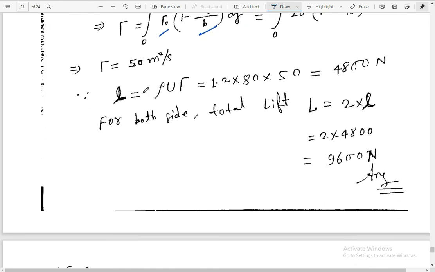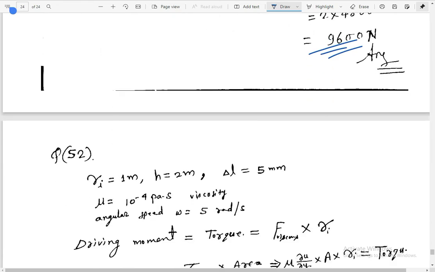Now lift is equal to a small l because it is half a span, right? L is equal to rho u gamma, rho u mentioned, gamma we just found 50, so 4,800 Newton. For both sides, total lift we can find, total means twice, right? So finally the answer is 9,600 Newton. For question number 52,